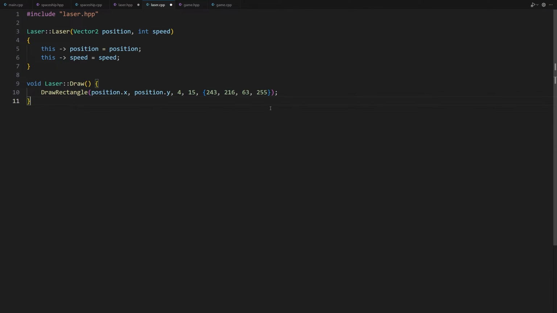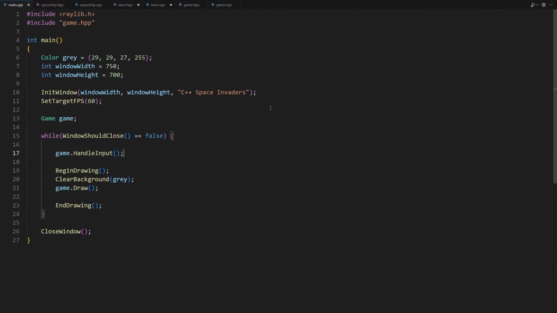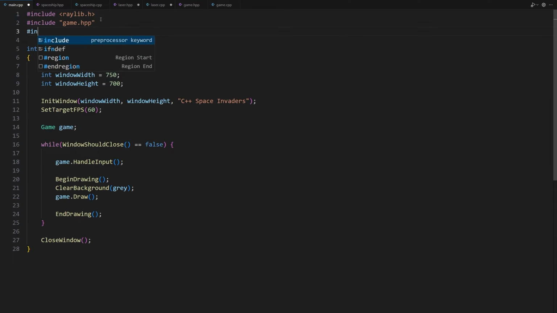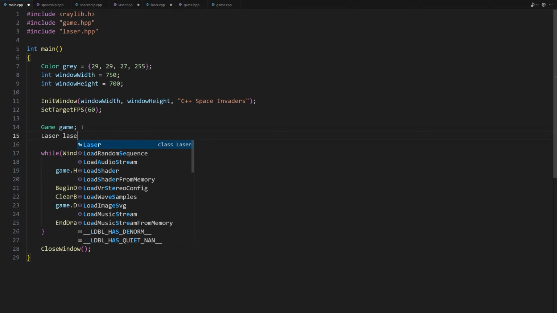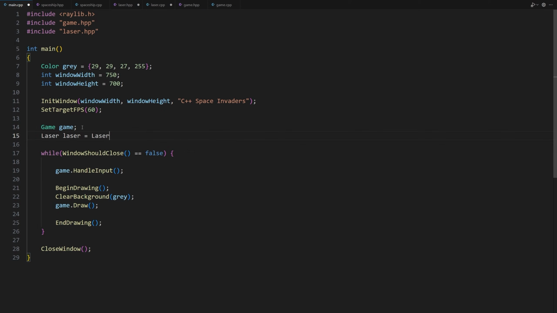Let's test our code. Let's go to the main file and create a laser beam. First, we need to include the laser class. Include laser.hpp. Now, let's create a laser. Laser is equal to laser parentheses. We need a position and a speed. Let's enter some values. Curly brackets, 100, 100, 7.